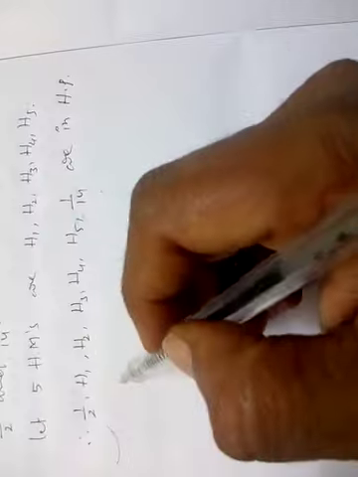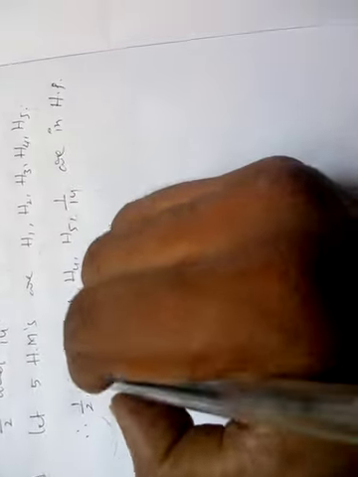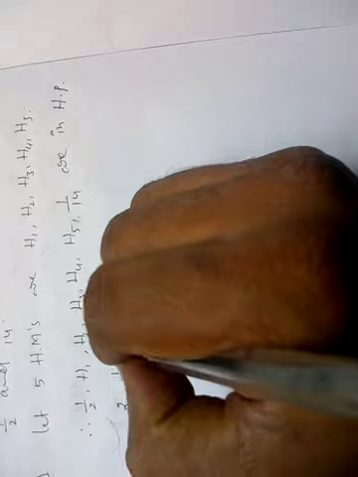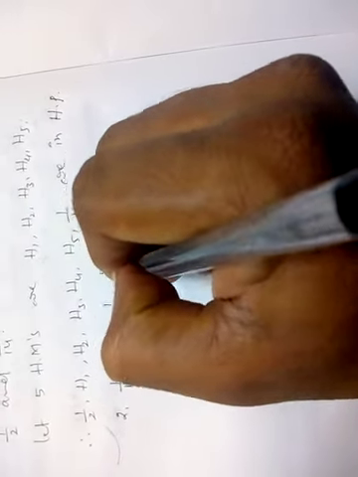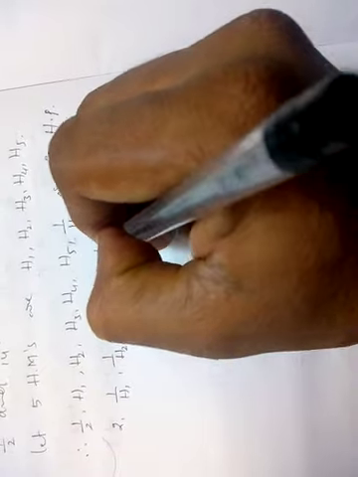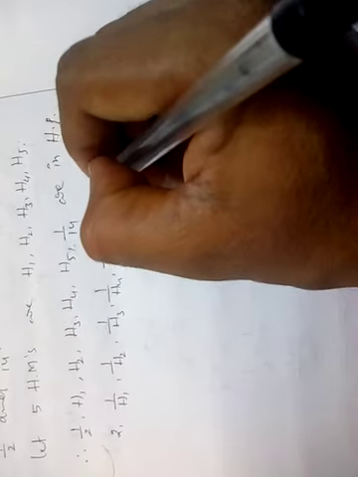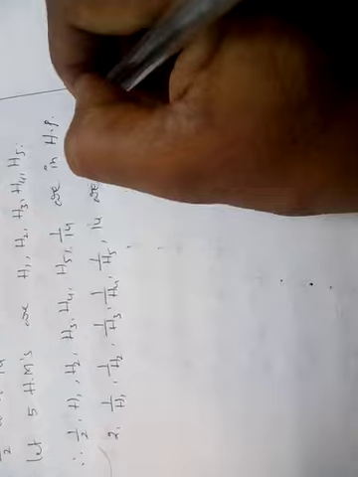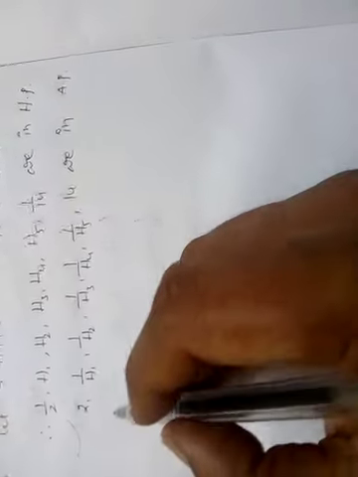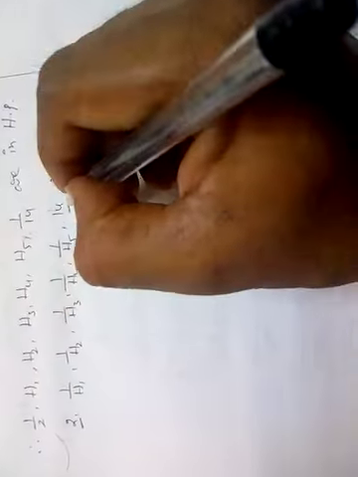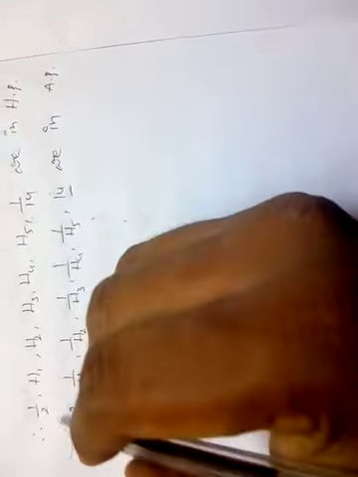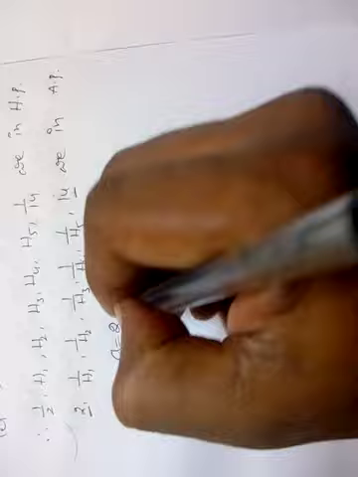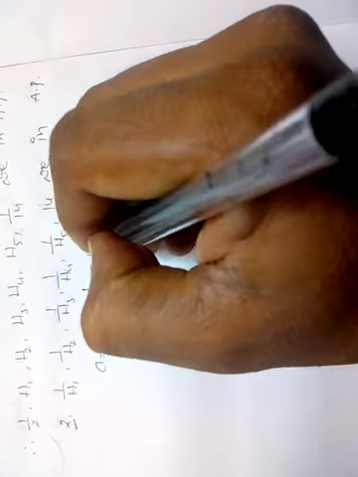If you take the reciprocal of an HP, then it forms an AP. So take reciprocals: 2, 1/H1, 1/H2, 1/H3, 1/H4, 1/H5 and 14 are in AP. In this AP, this is the first term, and this is which one? First, second, third, fourth, fifth, sixth, seventh term. So the first term A is equal to 2, and the seventh term T7 is equal to 14.